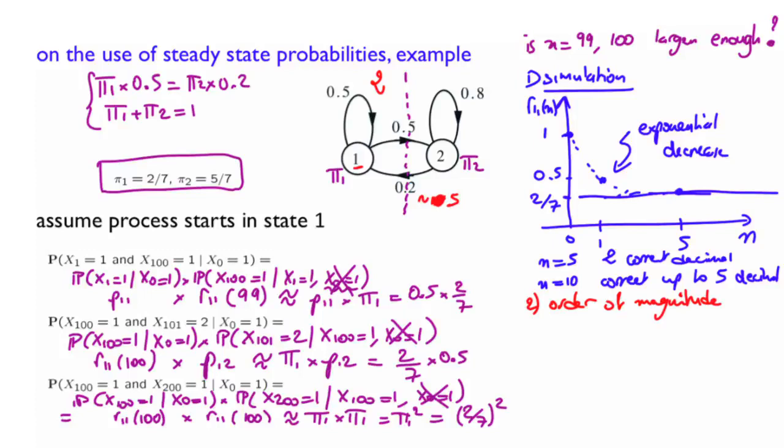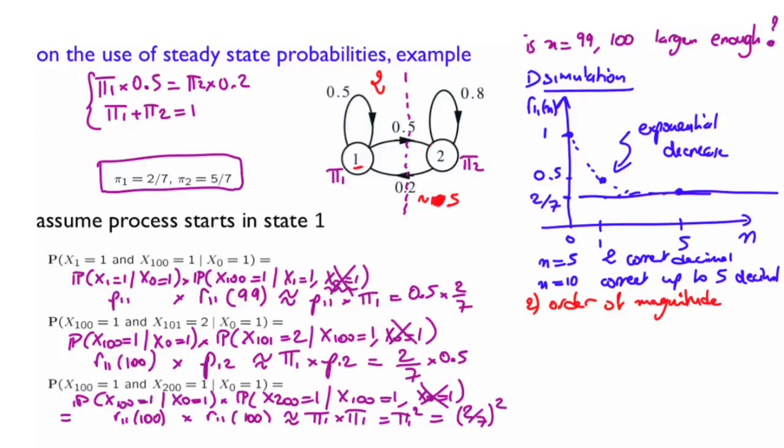So as an order of magnitude, given you started here in state 1, after on average about 10 iterations, there will be some randomness. There is a high likelihood on average that you will go there and come back here. And if you take n equals 100, which is 10 times that, in terms of order of magnitude it looks like n is large enough. So that would be a back of the envelope calculation.